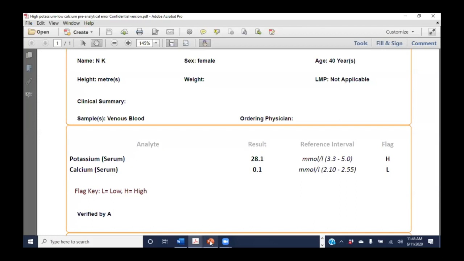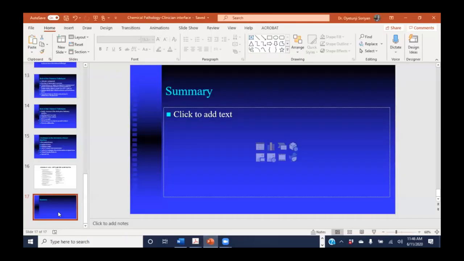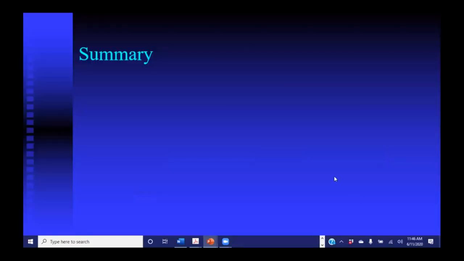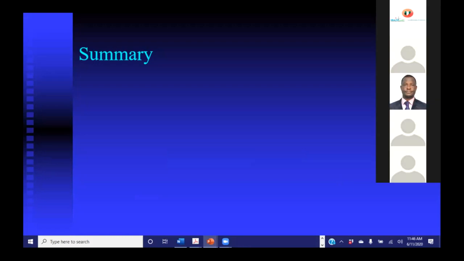So in summary, I've been talking about chemical pathology, which is one of the four disciplines of pathology that has to do with the biochemical basis of disease and using laboratory methods to look at the biochemical profile of a patient in making screening for the presence of disease, making diagnosis, monitoring response to treatment, and even prognostication, like calculating cardiovascular risk for such patients using cholesterol.